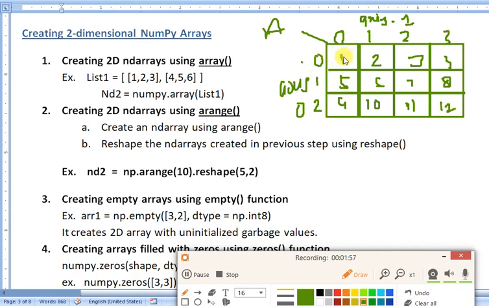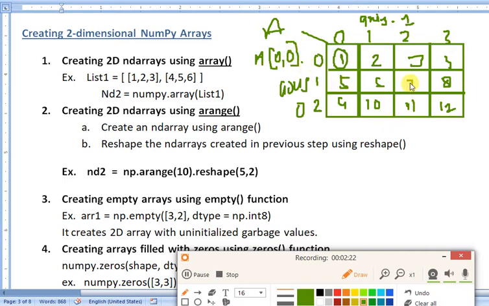The address of this one is row position 0 and column position 0, so the address is A[0, 0].